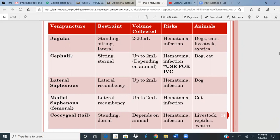Hematoma, I mentioned, is a collection of the blood under the vein, essentially where you tried to draw blood from that vein. Let's say you either went through the vein or you poked around trying to find the vein and you broke it open, essentially. It causes that hematoma. And then animals we can do it in, of course,